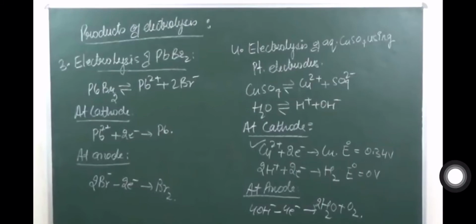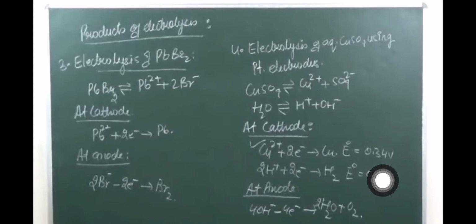Okay, so what is happening over here? The value of E0 is 0.34 V, and over here for the H ion, E0 is 0 volt. Now in this case you need to consider the higher value, as it is positive. In positive, we have to consider the higher value. So which is the higher value, 0.34 or 0? It is obviously 0.34, right?